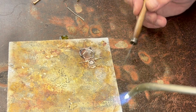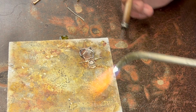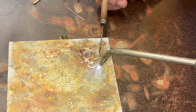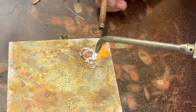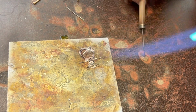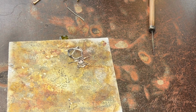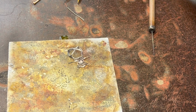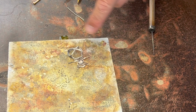I think we got that side over there. I don't think we got this side. Oh, we still got movement. That's what I wanted to see. So I'm going to pickle that, and then we'll cut the prongs off, and I'll get everything polished, and then